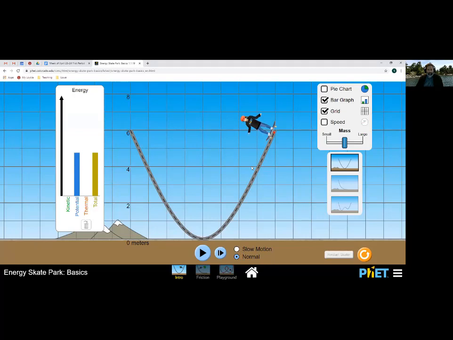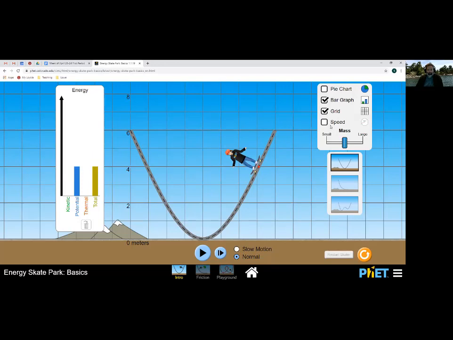So we can see that the gravitational energy, the energy stored in the gravitational field, is dependent upon the height of the object inside that field. Another variable that we want to look at is the mass of the skater. So if I put the skater at the 4 mark, you can see that she's got some baseline set of